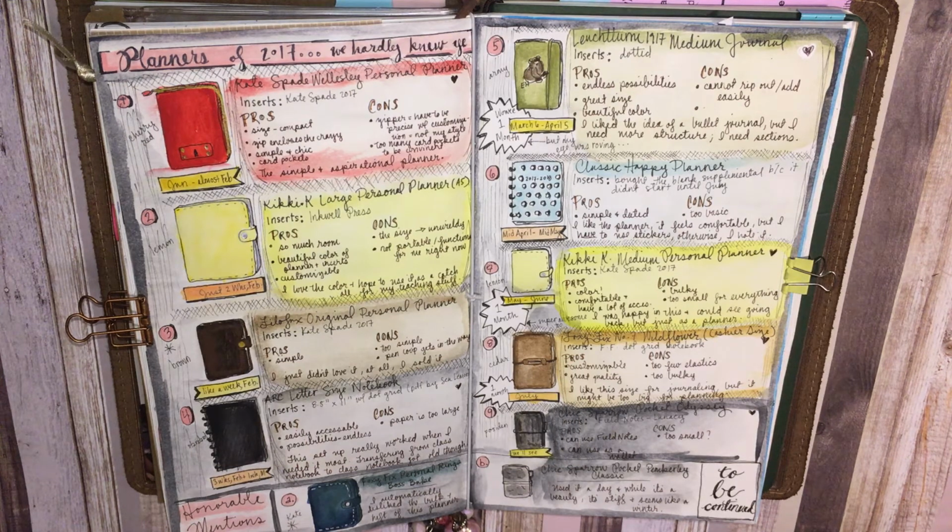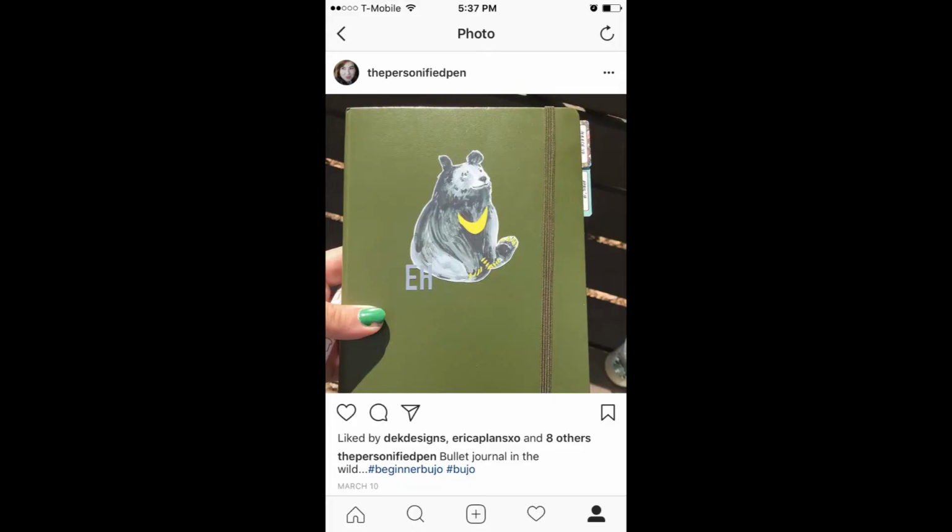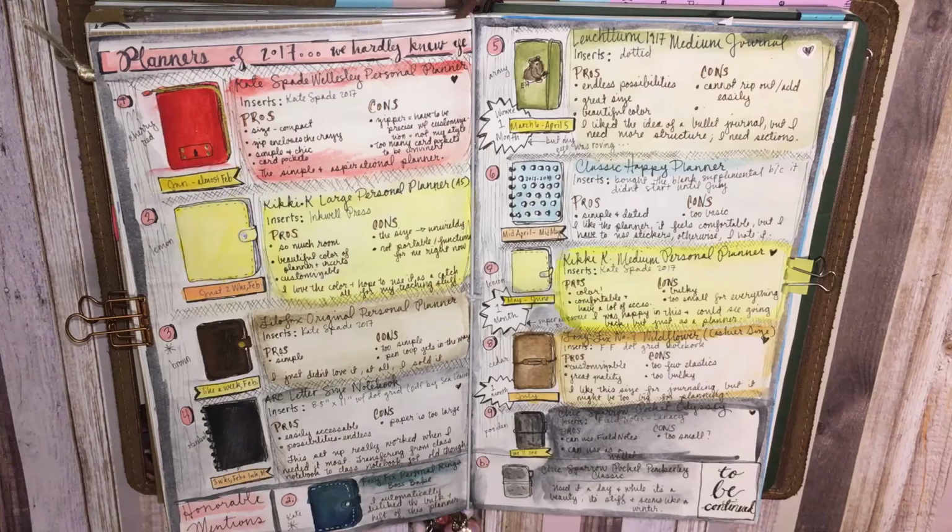1917 medium bullet journal in Army. And I put this beautiful bear sticker on it right at the front with my initials. The sticker I got from Pear Tea Stickers. And it's dotted. Again, the possibilities were endless. It was a good size. This I was constantly taking with me on the go, and I felt comfortable